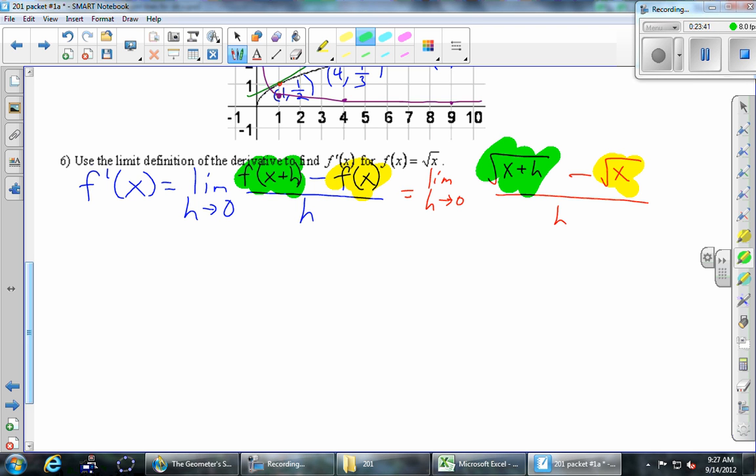Okay, somehow we need to deal with this thing. You guys have seen a technique at some point in a previous math class for how you can take a fraction with radicals and make it look different. I'm not saying better, I'm just saying different. You could write stuff with negative exponents. We need a very specific technique for this one. Yeah, so we'll talk about the 1/2 if we need to. So unfortunately, squaring is not something we're allowed to do to a fraction. Like you can't square a fraction.